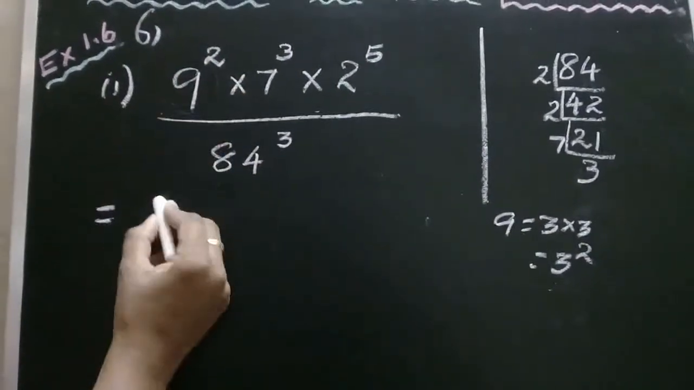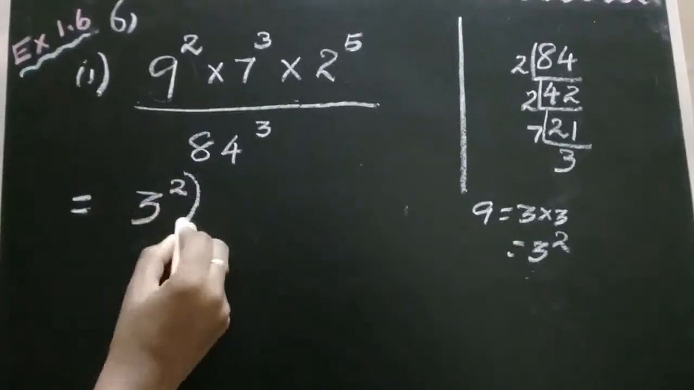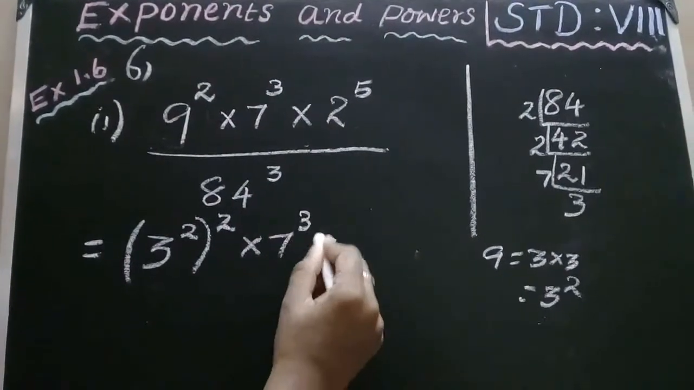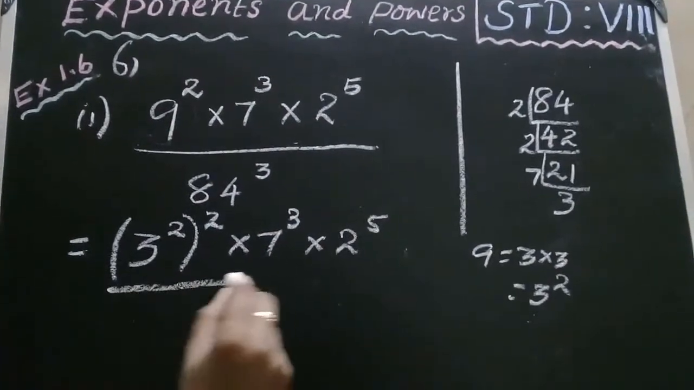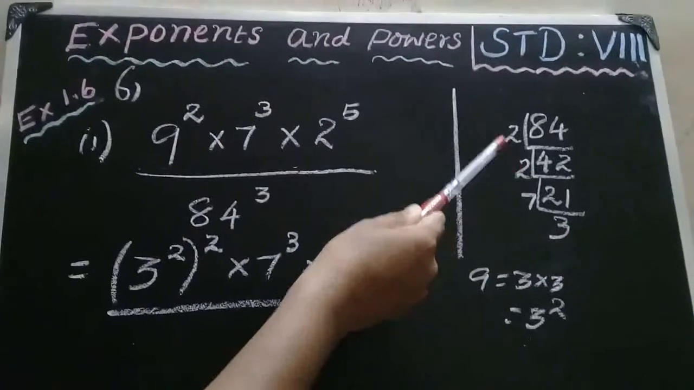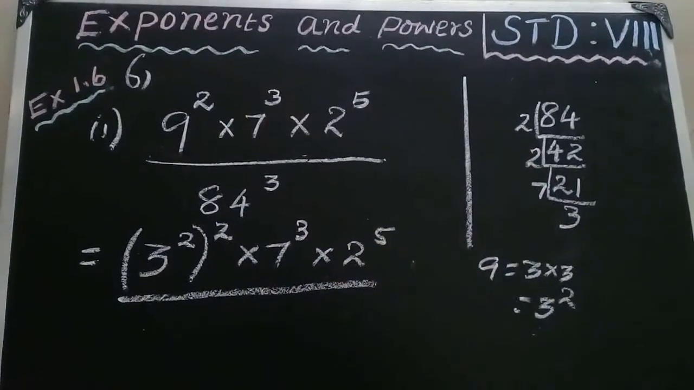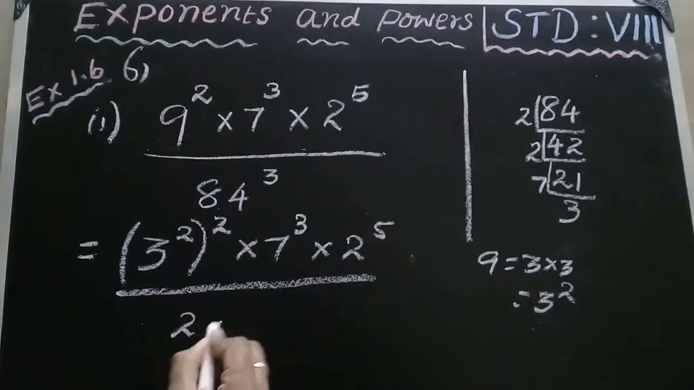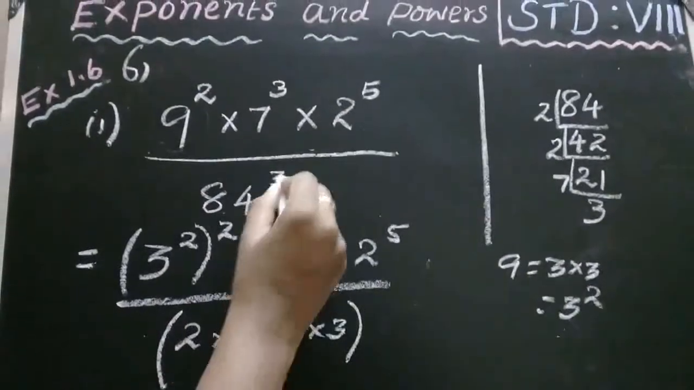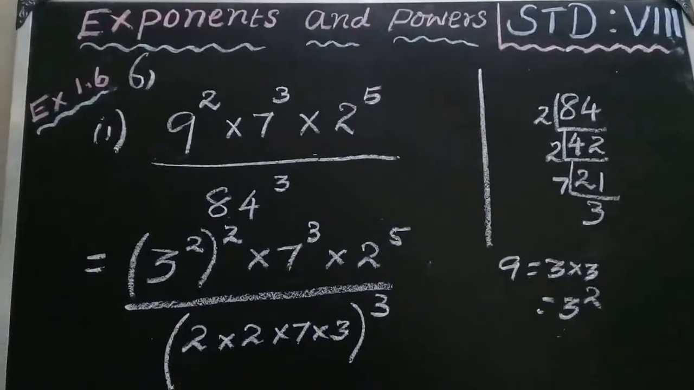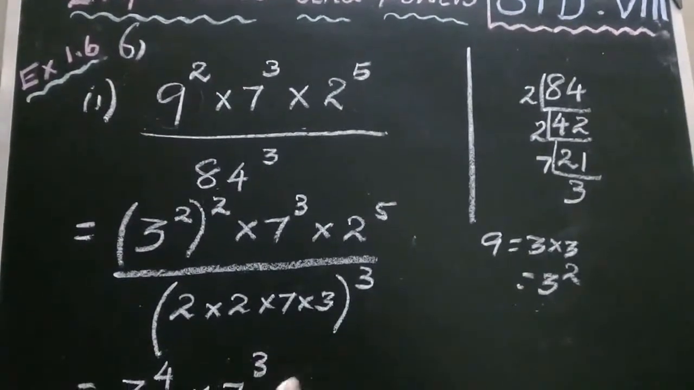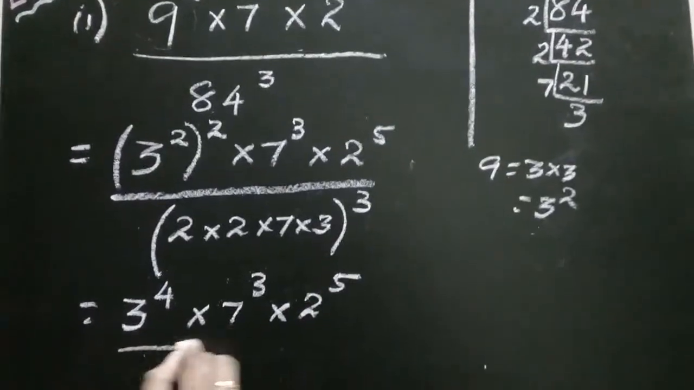Here 9 can be written as 3 power 2. So already one power is the whole power, 2 into 7 power 3 into 2 power 5 divided by, so the LCM value 84 equal to 2 2s are 4, here 2 into 2, 7 into 3. So LCM value 2 into 2, 7 into 3, the whole power 3. So multiply the power, 2 2s are 4 into 7 power 3, 2 power 5 divided by,